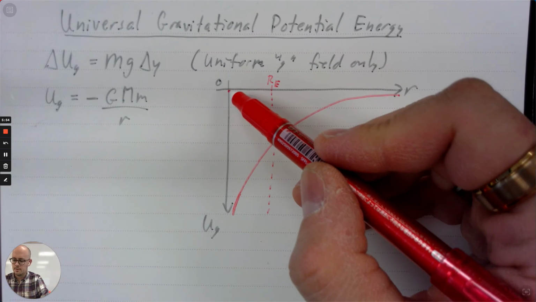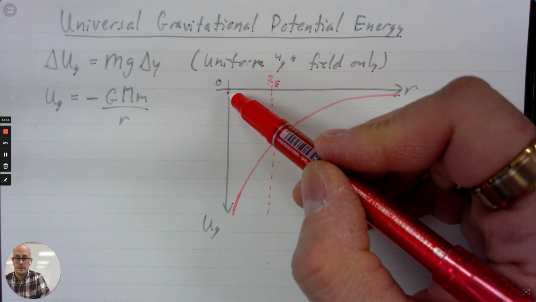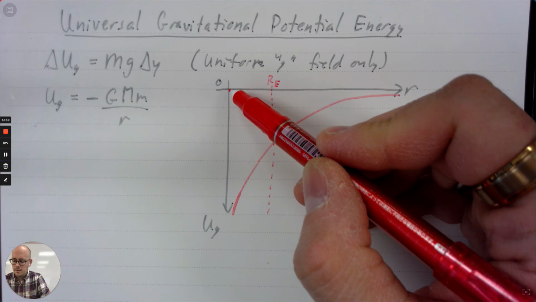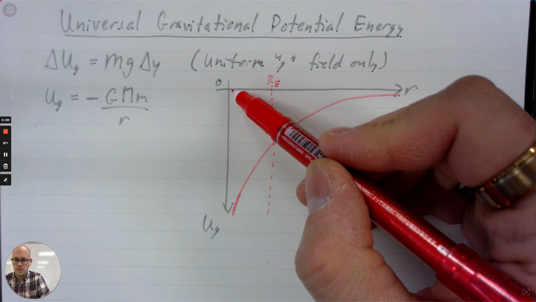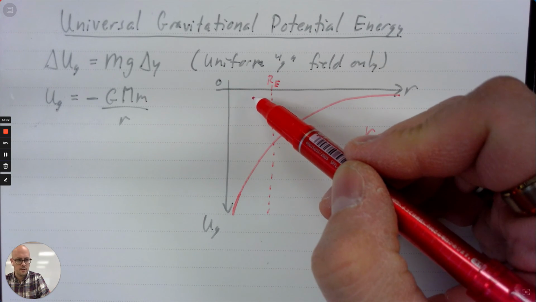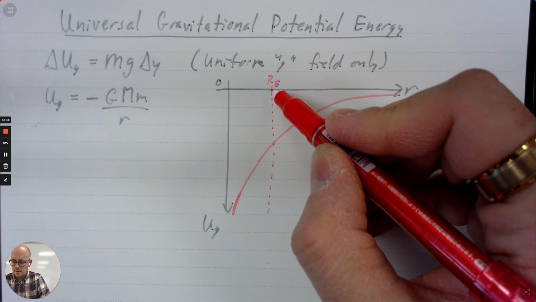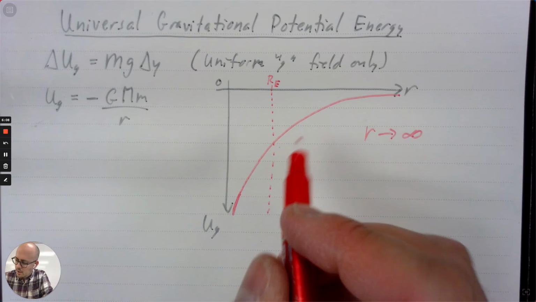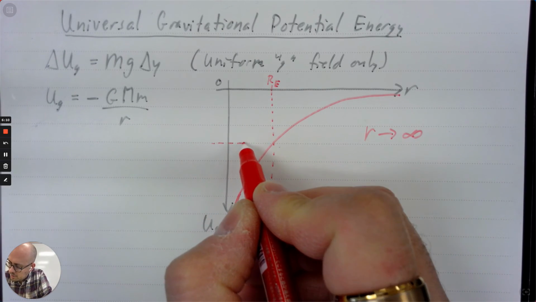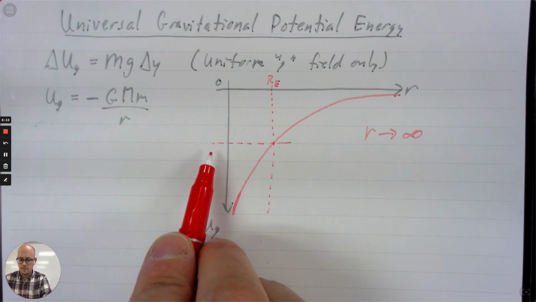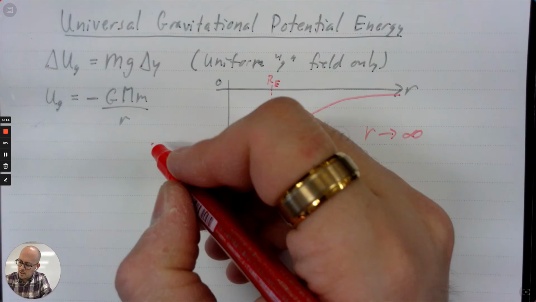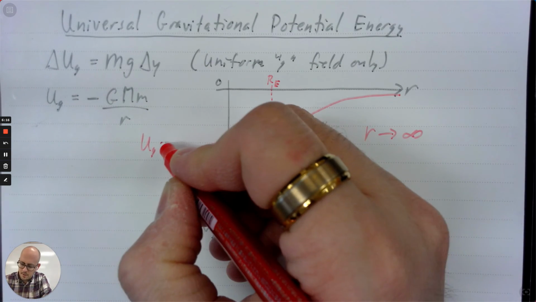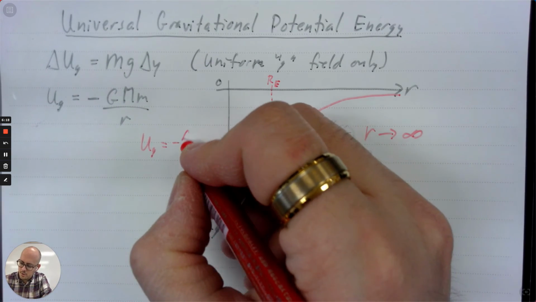So again, to be at 0 would mean you're in the center of the Earth. And then as r increases, you'd be moving outward toward the surface of the Earth. Once you got to the surface of the Earth, you would be at a distance equal to its radius. And so that is associated with some amount of gravitational potential energy. So specifically, that would be equal to